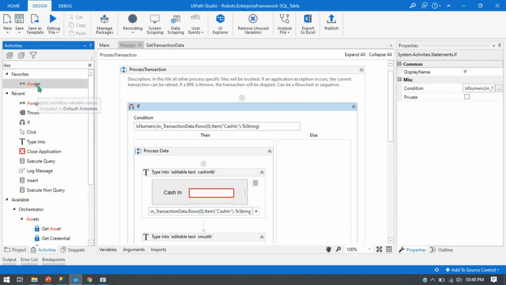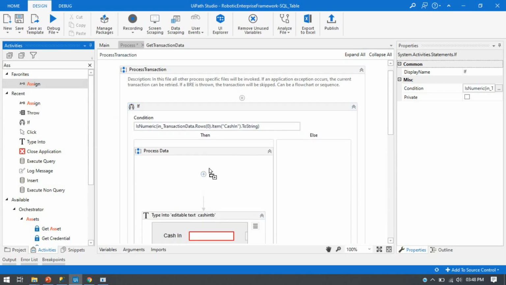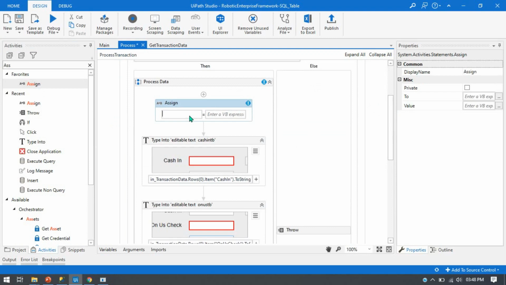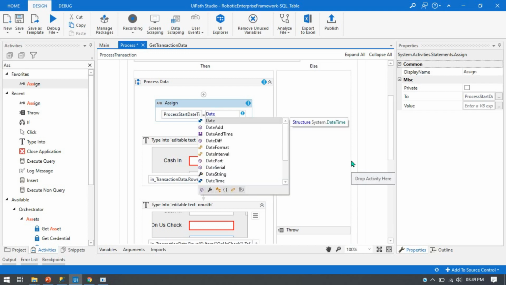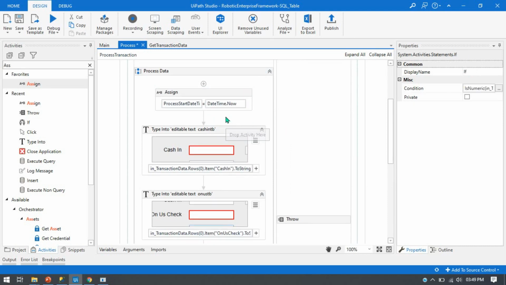So for that, before starting, because when this is going to start, we'll take this here, Control K, and this will be process start date time, and this will be DateTime.Now. So using this DateTime.Now, we'll have the current date time,